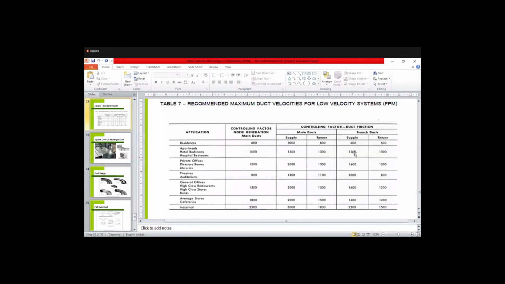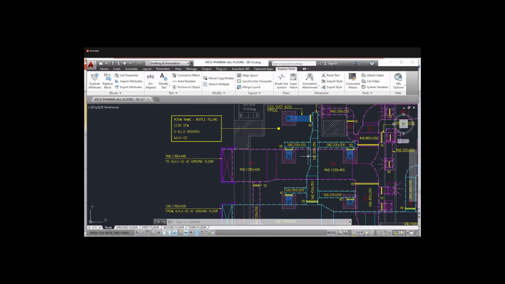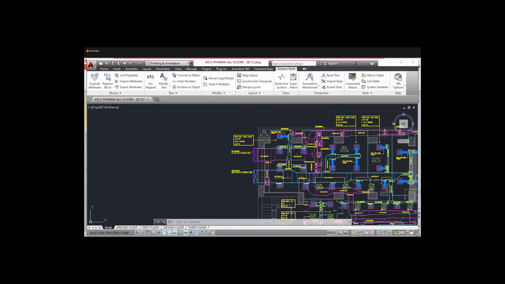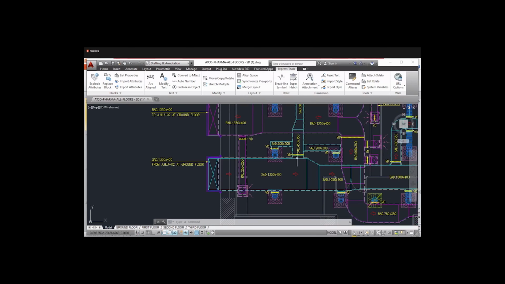So velocity for main duct and for branch duct. This is a branch, but it's very near to the main duct, no? Very near. See, it is very near. So for the first branch, in most cases, we have to go with the main duct value.